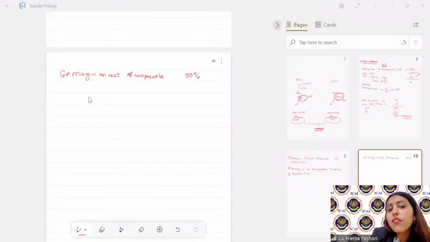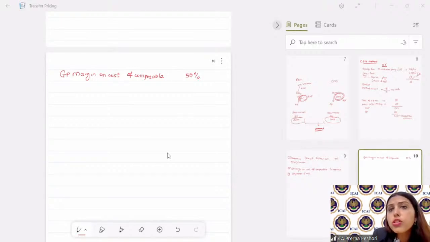And they have said that the value of technology support is 18% of normal gross profit. So this particular technological support is being provided by ABC, but that particular support is not given by XYZ. So what we need to do here is we need to reduce from the gross profit this